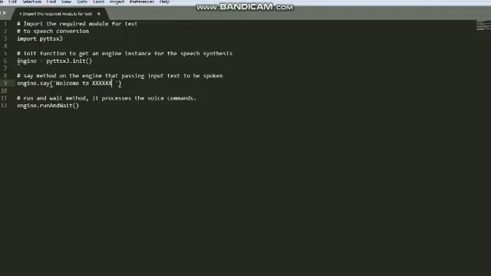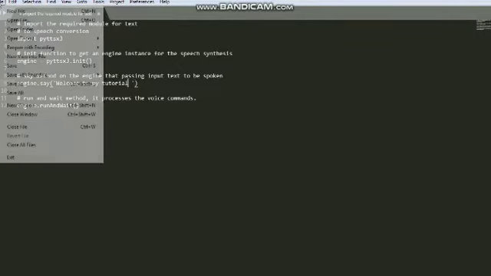To start an engine, the init function gets an engine instance; it basically finds the engine available on our system and initializes it. To make the engine speak, we type engine.say and whatever we want it to speak out, like welcome to my tutorial. Then the runAndWait method processes the voice command. So let's just save it.